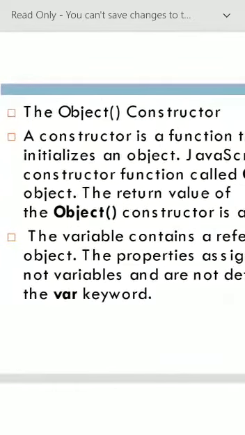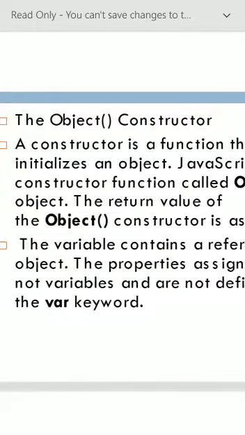Next slide, the Object() constructor. A constructor is a function that creates and initializes an object. JavaScript provides a special constructor function called Object() to build the object.